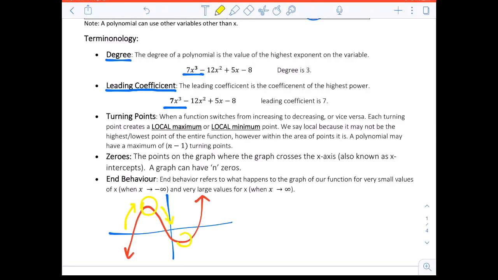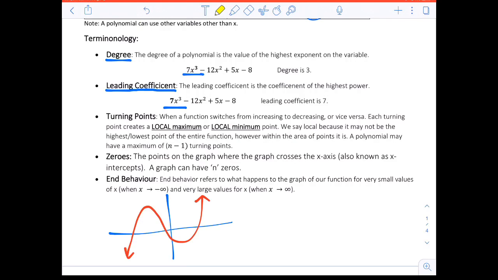It has a turning point down at the bottom. It's going from a negative rate of change to a positive rate of change. So any spots that it turns would be considered a turning point. And these would be considered local maximum and minimum. So for the one that we have over here on the left, let me go back here. This would be considered a local maximum